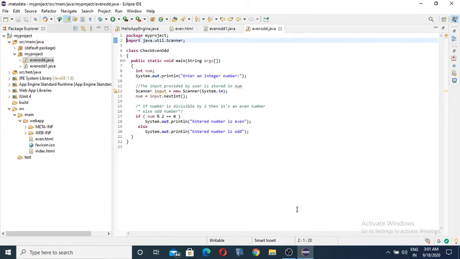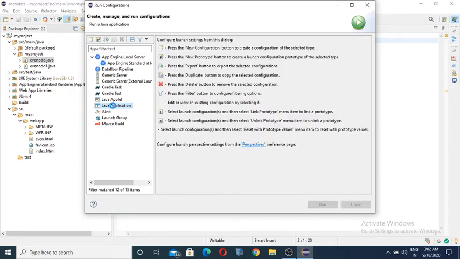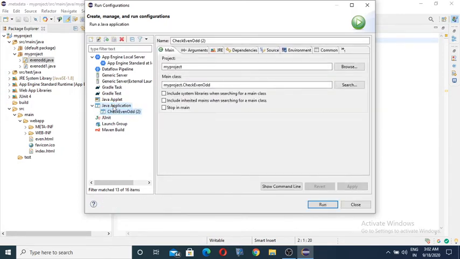In that run configuration, I choose Java application and create it now. In that Java application, in my project, that check even odd dot Java, I can run as now.